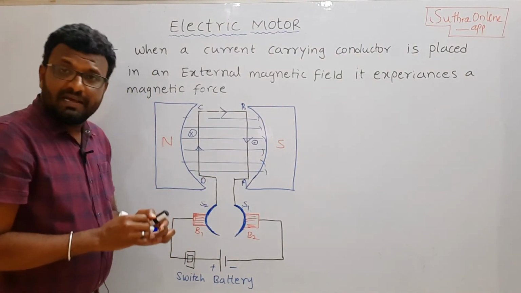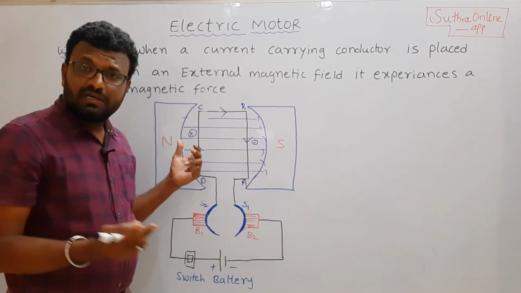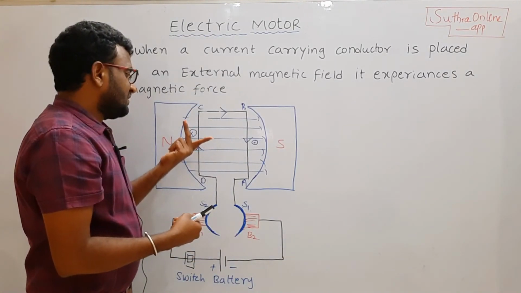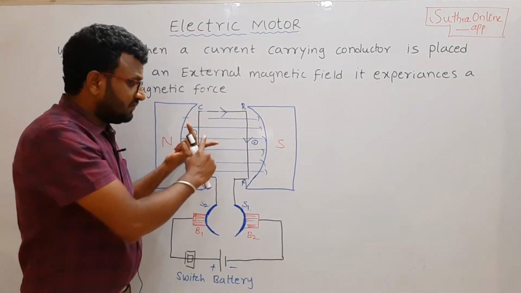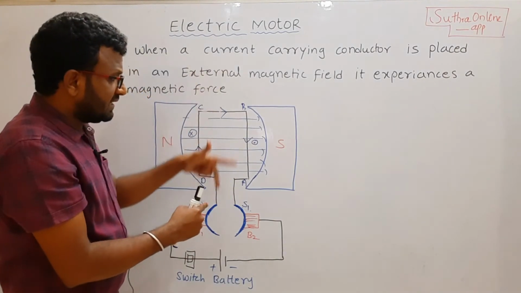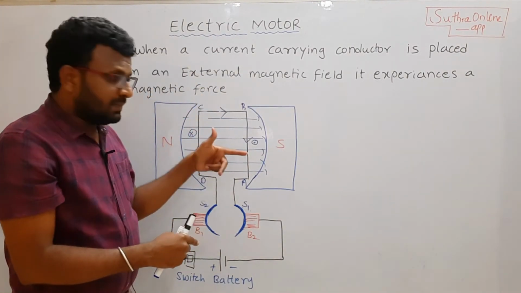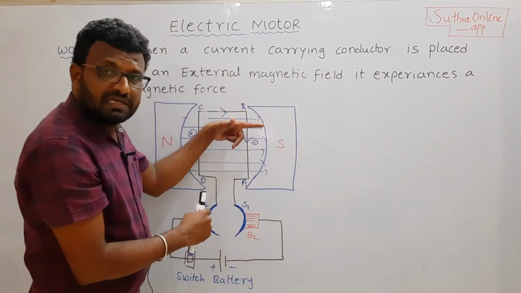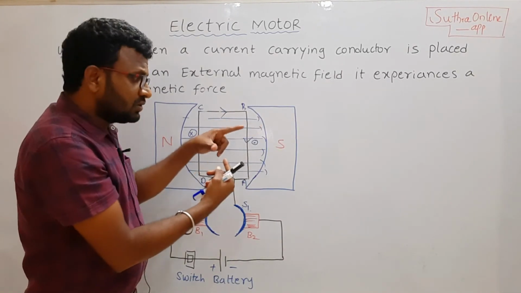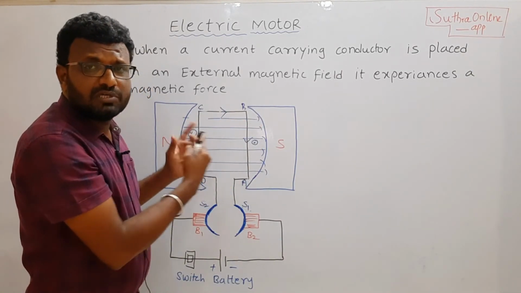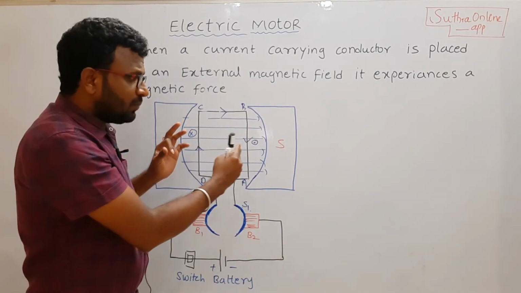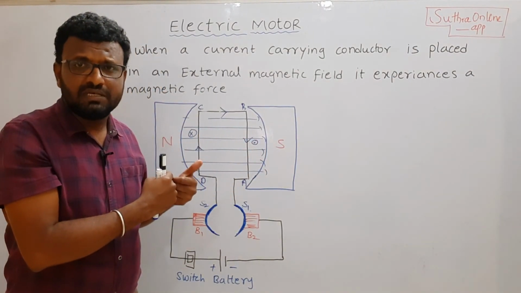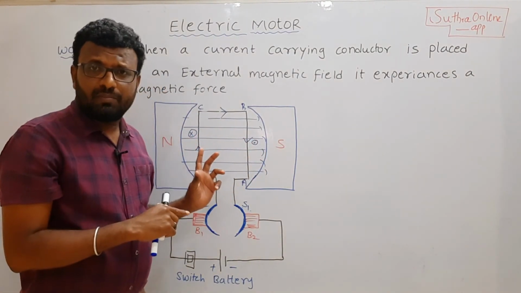So again, if you apply Fleming's left hand rule for the remaining half cycle, the current direction here is upward, and the force acts again into the board, with this being the field direction. Coming to the other segment, here also the current direction is downward. This is the magnetic field direction, and again the force acts in the upward direction. So these two forces are again opposite to each other. Again the coil takes the remaining half rotation. Like that, one rotation is completed.